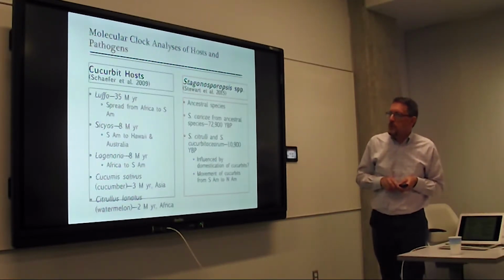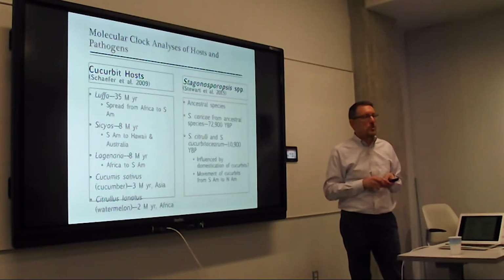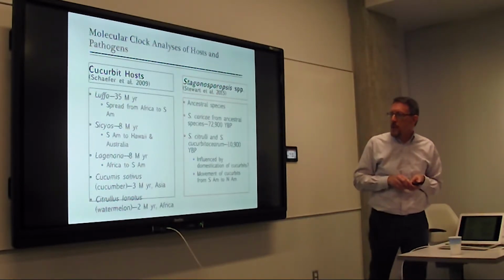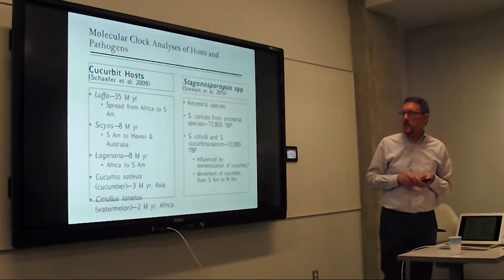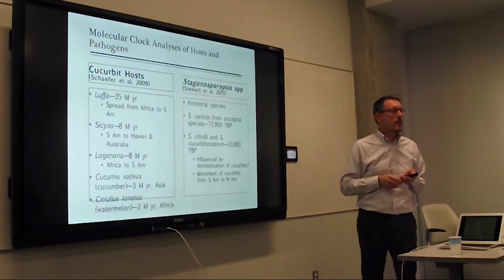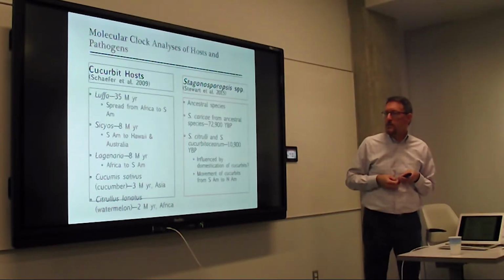Similarly, Sicyos evolved about 8 million years ago and is thought to have spread from South America to Hawaii, through the Pacific Ocean, and then possibly on to Australia. Lagenaria, about the same time, 8 million years ago, and again spread from Africa to South America. And then just for perspective, two of the edible cucurbits are more recent in the evolutionary history. It's 3 million years for cucumber, center of origin Asia, and 2 million years for watermelon, with the center of